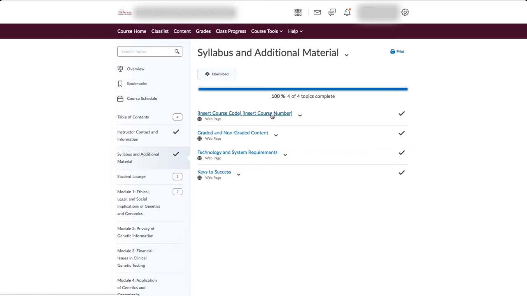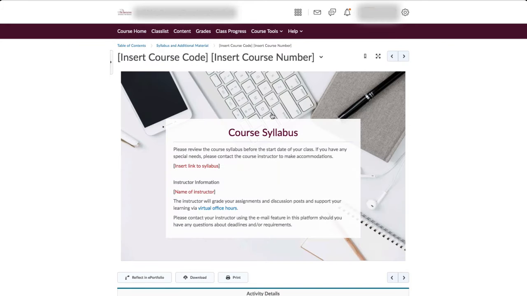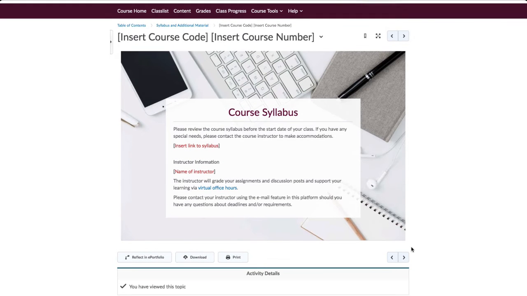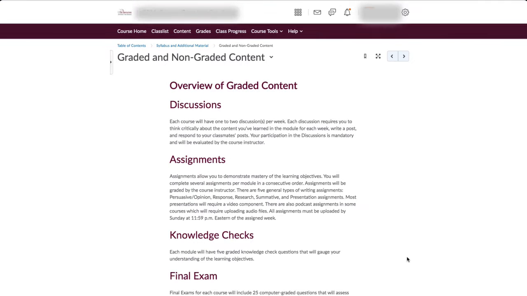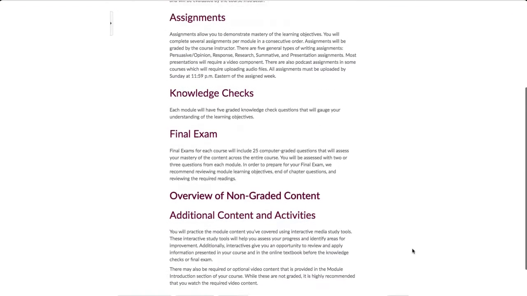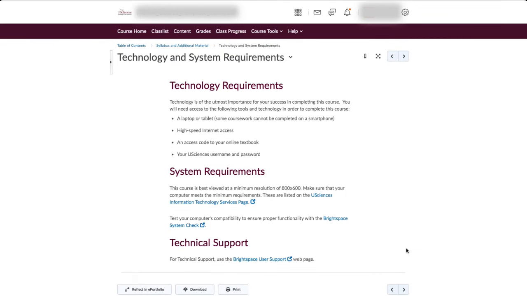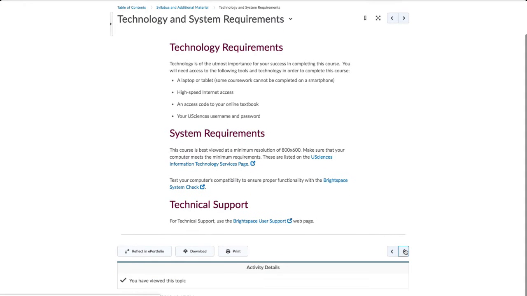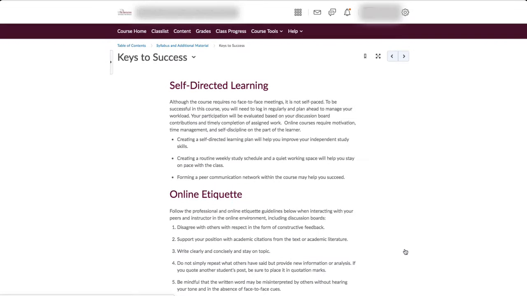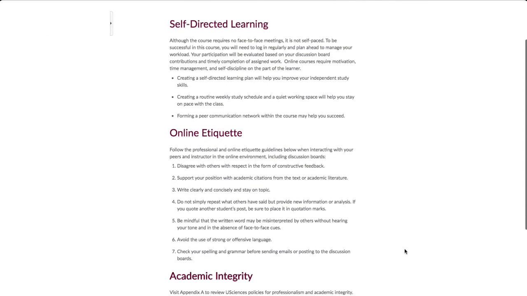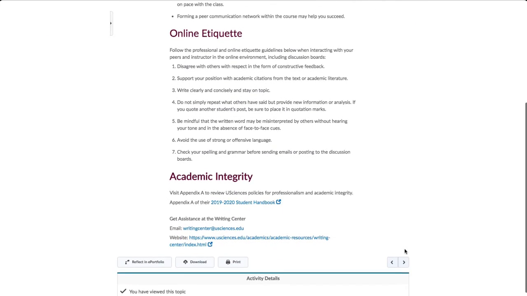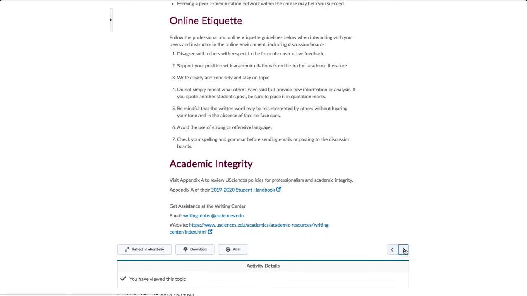On this page, you will find Expectations and Recommended Pacing for the course, a breakdown of graded versus non-graded material you will encounter, information on system requirements needed to complete the course, and a summary of the U-Sciences Keys to Success, which includes recommendations for self-directed learning, online etiquette, and links to the university's expectations on academic integrity.